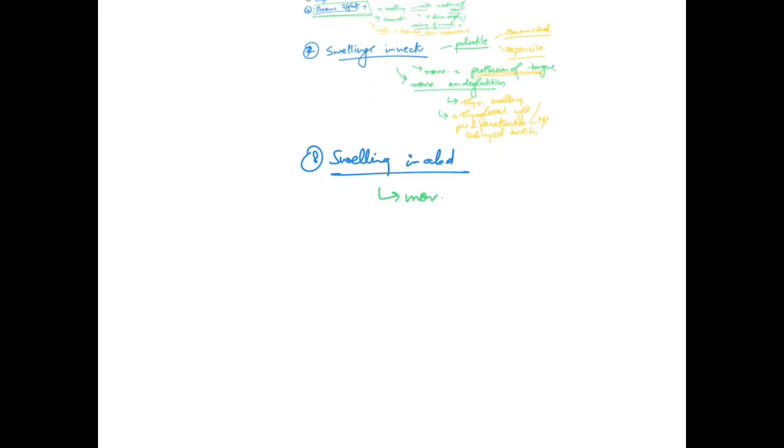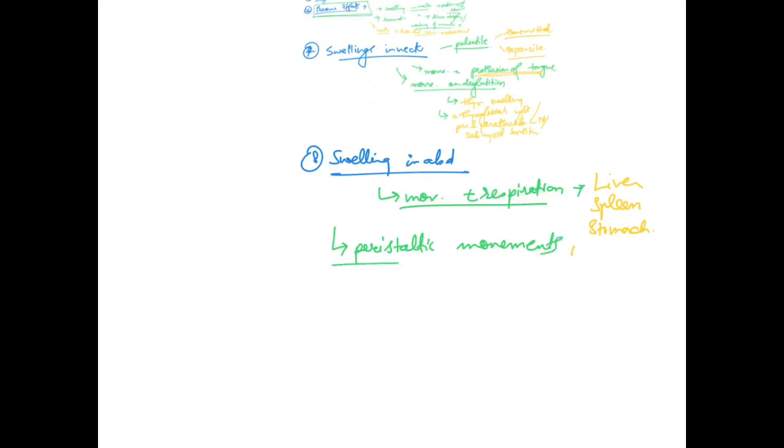look for movement with respiration. This indicates that the swelling is intra-abdominal and arising from a viscus, that can be the liver or spleen or stomach or even the hepatic and splenic flexures. And you need to look for peristaltic movements. If the swelling is due to obstruction, as in congenital hypertrophic pyloric stenosis, you may see peristaltic movements. Also, a very important finding that you should not miss on inspection is impulse on coughing,